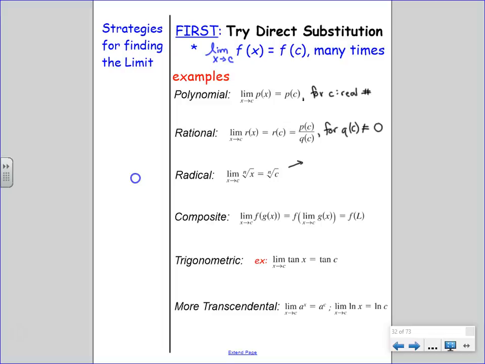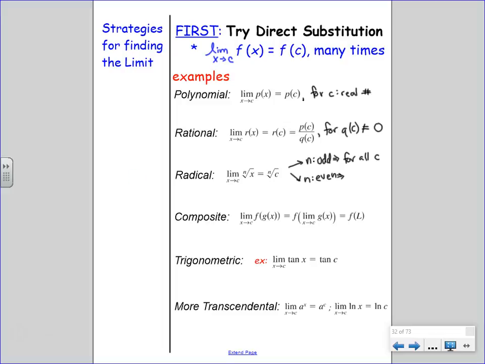Radicals. We have 2 different cases. N is odd. Wait, who's N? Can you guys see him? He's kind of small. N is the index of the root. Square root would be, well, it would be there. Cubed root, they have a 3, a 4th root. If N is odd, we can say for all C. If N is even,